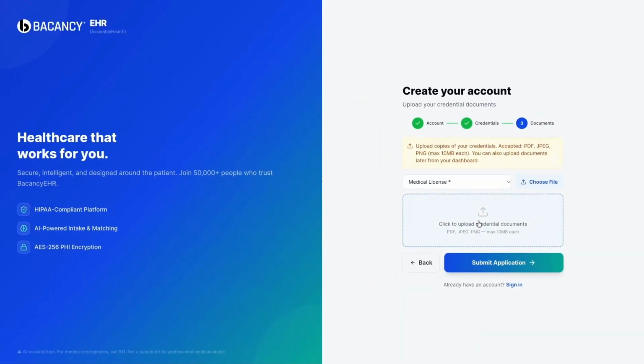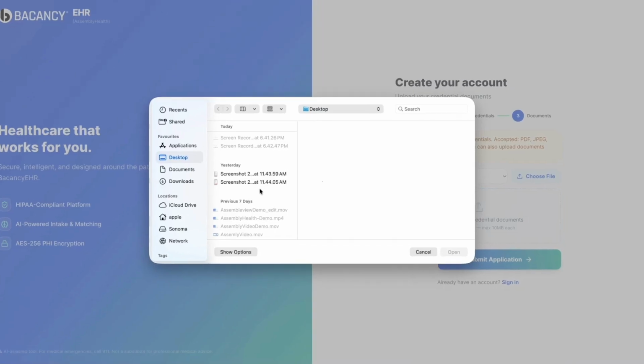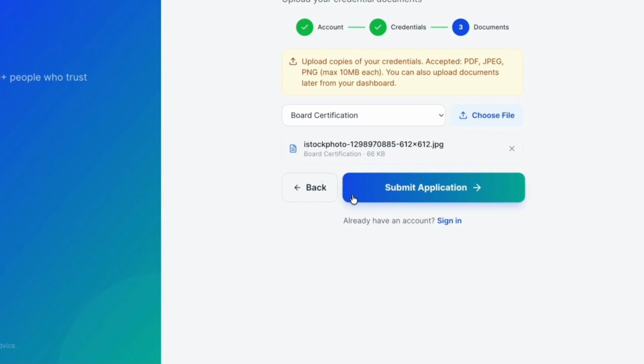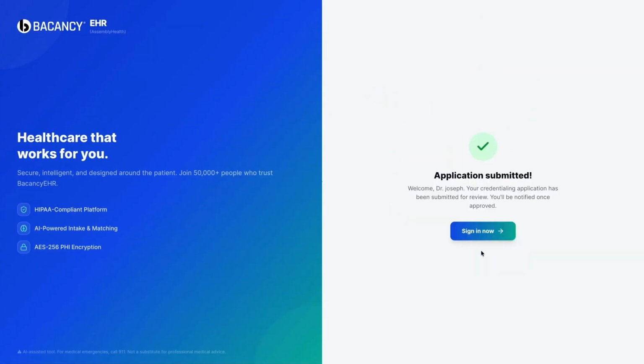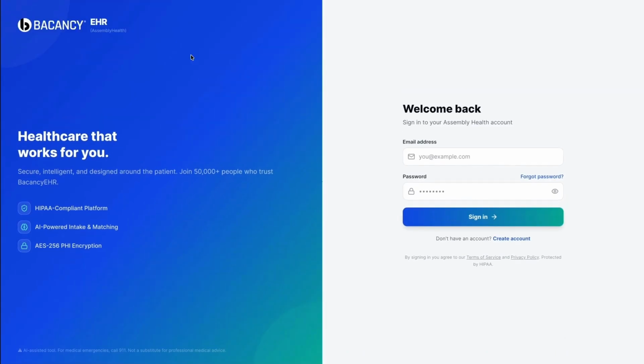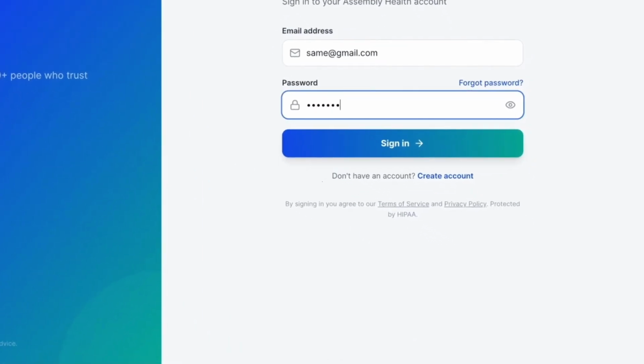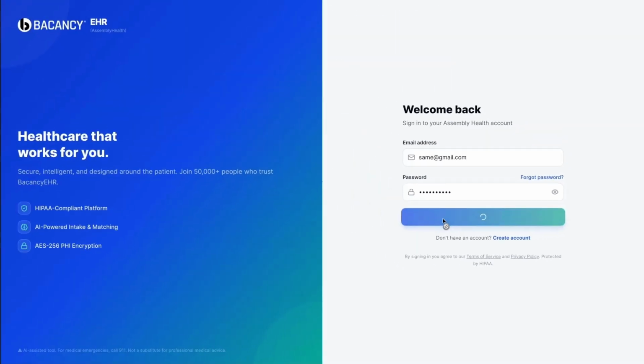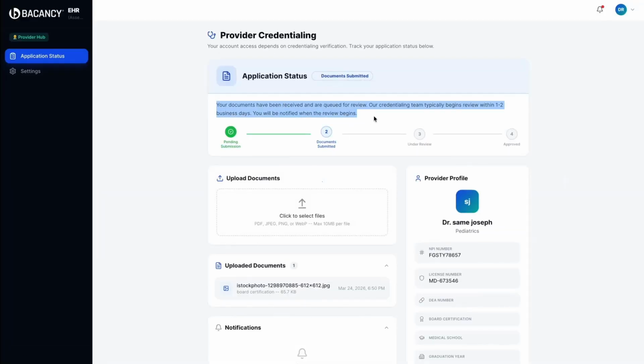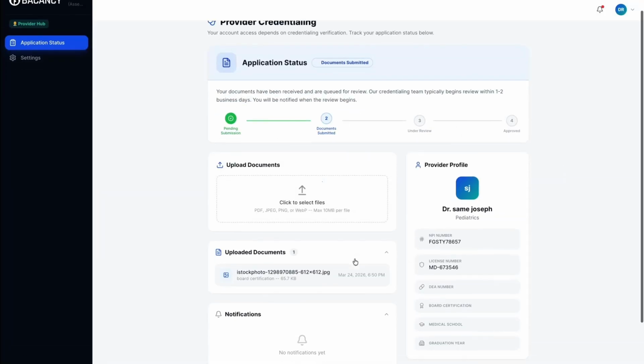You upload your medical license document, select the document type from the drop-down menu, and submit your complete application for credentialing review. You return to the main login page and sign in with your newly created provider credentials to access the Healthcare Management Hub. You access the Provider Hub to track your credentialing status and review the documents you've submitted